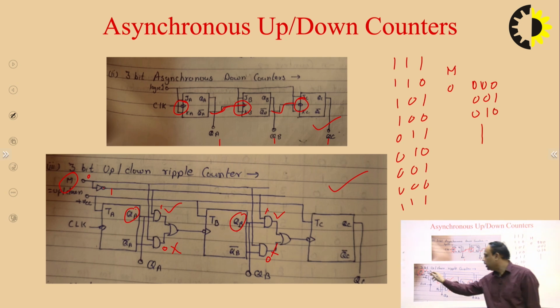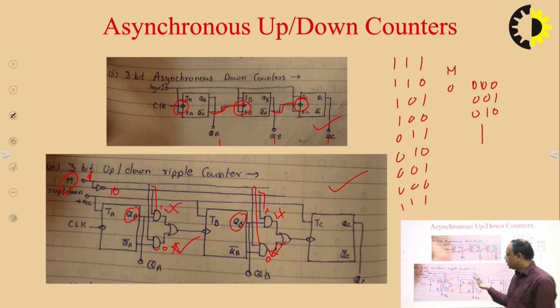While if it is set to 1, then this gate and this gate stop working, and these two gates start working. Due to this NOT gate, this 1 became 0, so this is not working now, because this is connected to this and this is connected to this, while this one is working when this is connected to one terminal. So these two gates are working, which behave as a clock to the next flip flop,